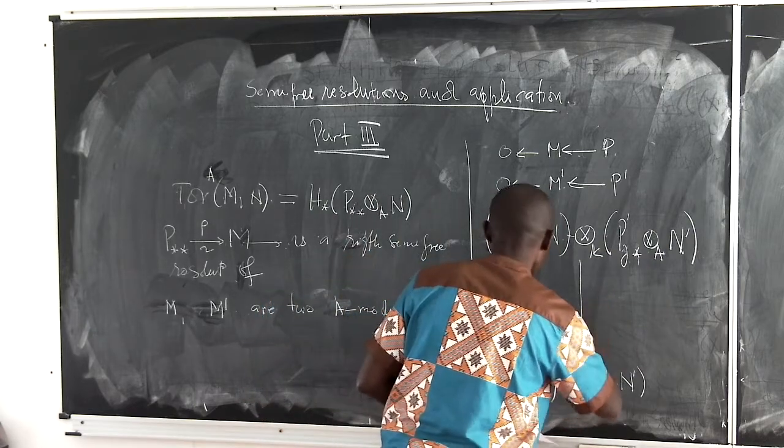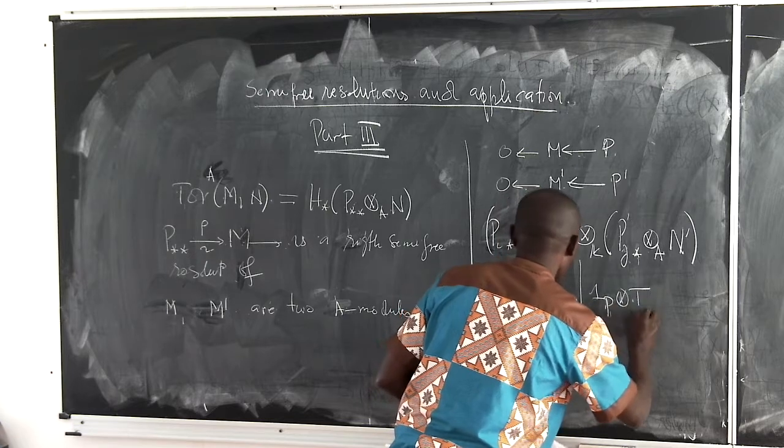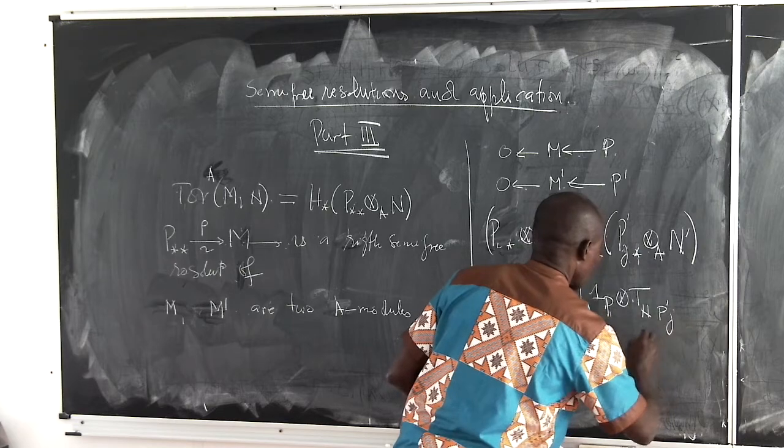Here we have the identity of P tensor P_N, P_J prime